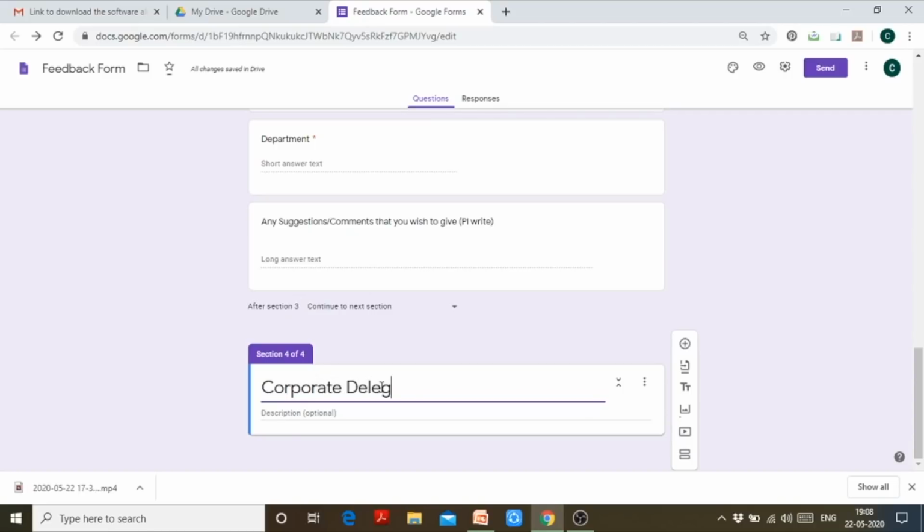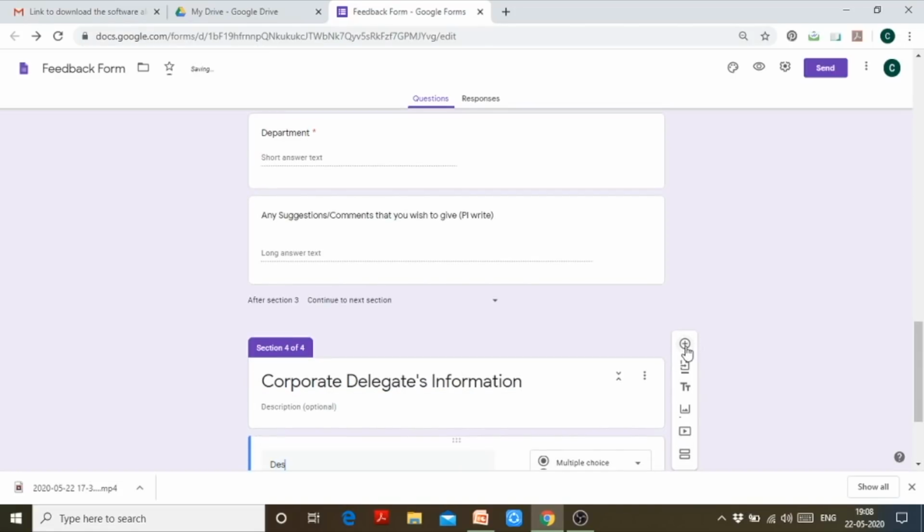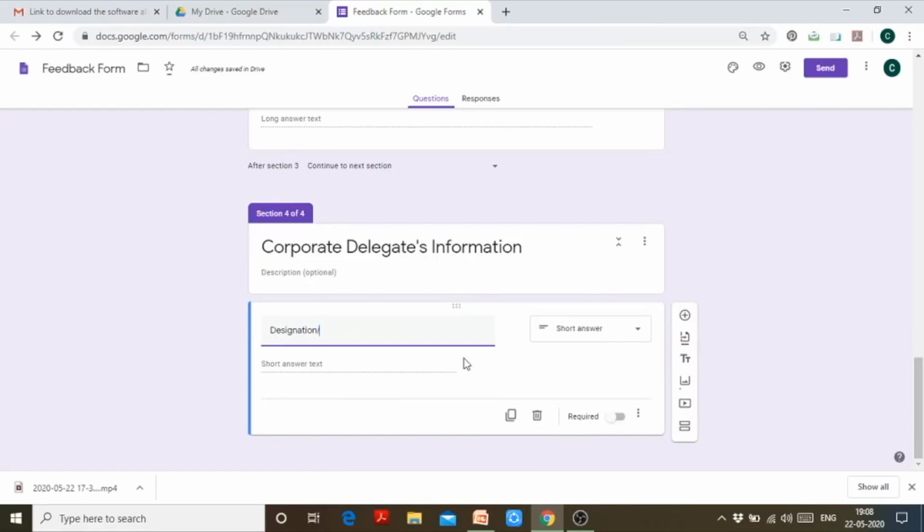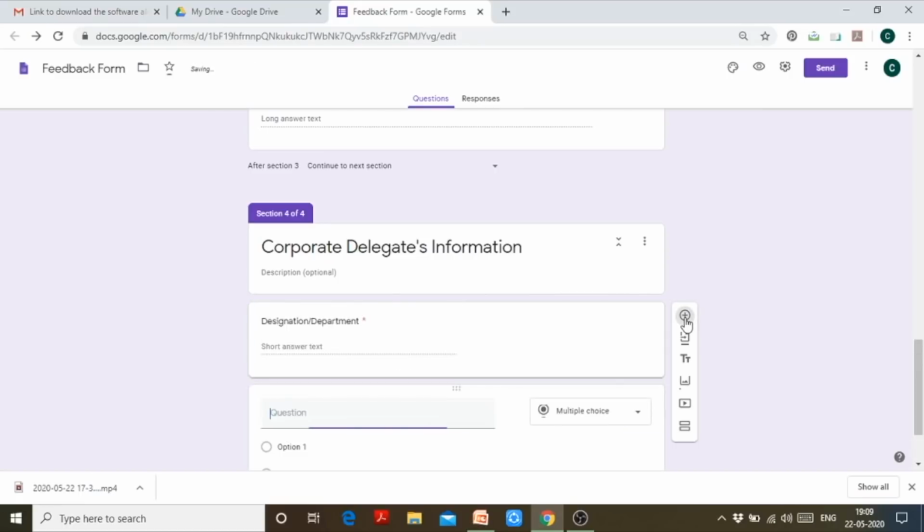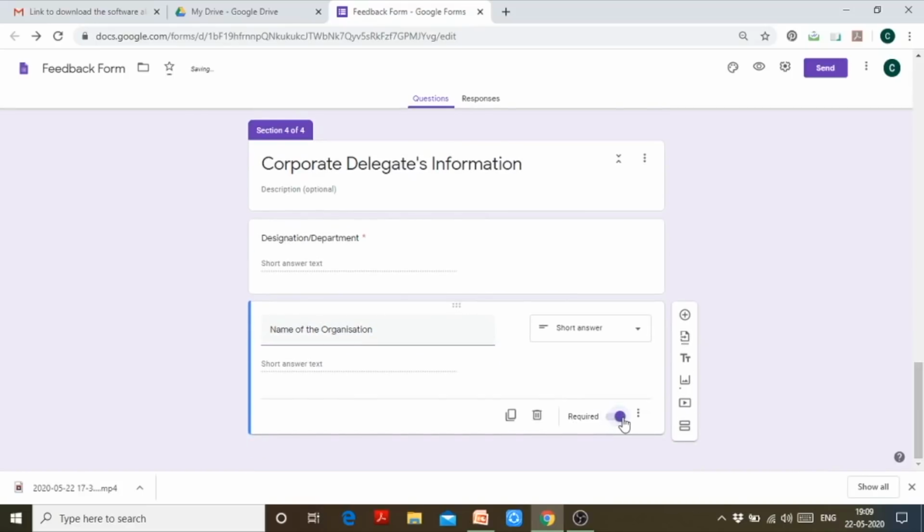Then the next section which I can create is for the corporate delegates, right? Corporate delegates information. I can ask them a question like designation slash department. I can make this required. I can ask them the name of the organization, right? And I can make this required.